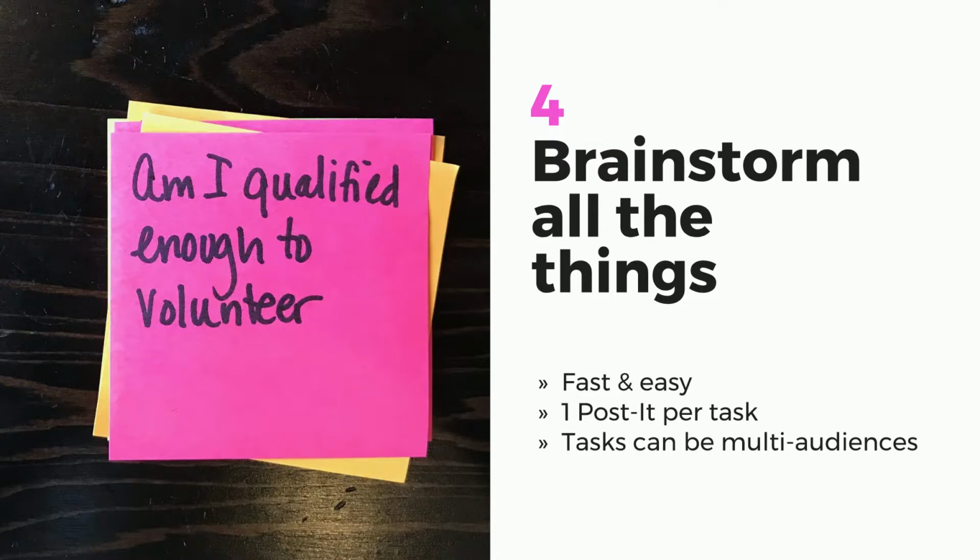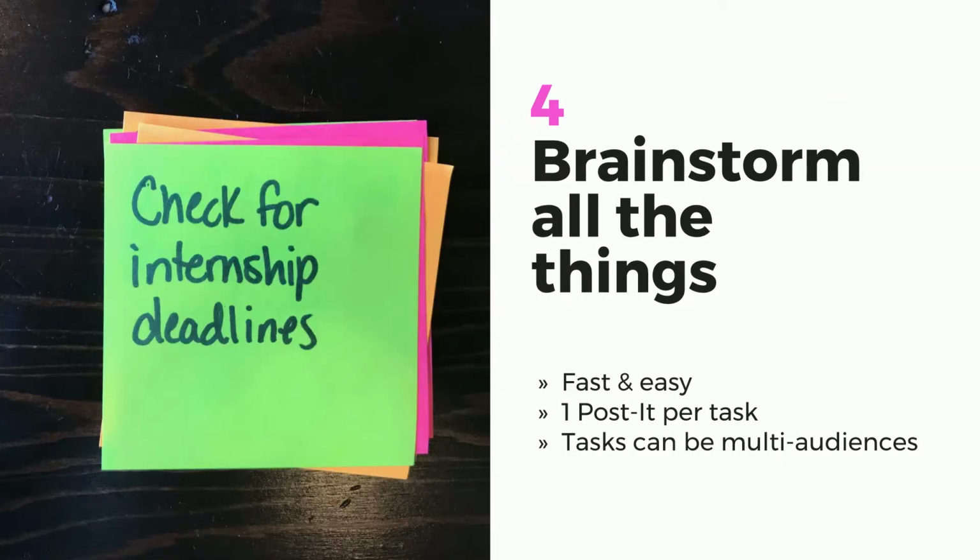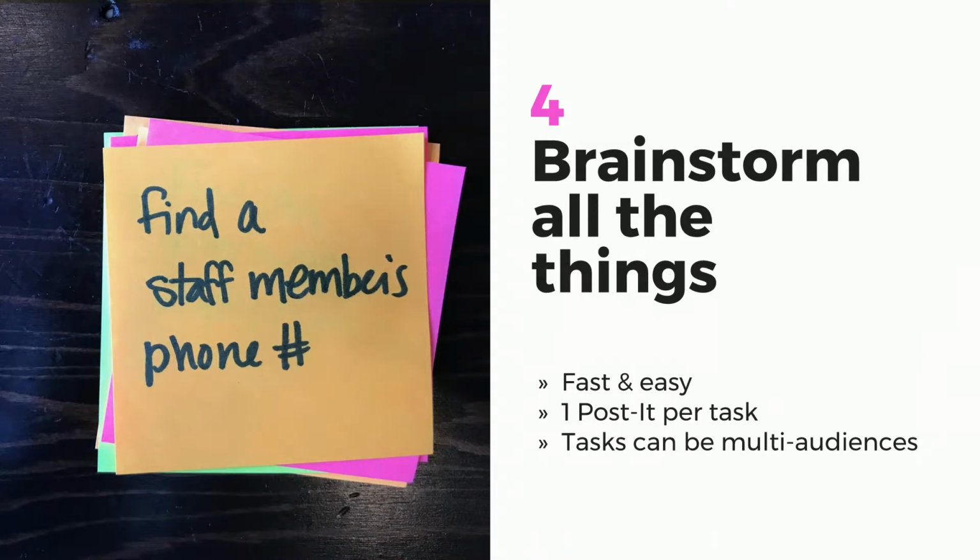Like, that's kind of the format. But for this point in the process, we leave out that audience bit just for a little bit, which I'll talk about in a second. And even though everything is inspired by different audiences, it kind of gets in the way of one part of the process. And then after, it really only takes like 5 or so minutes to do this. So like when you see the Sharpies slow down a little bit,